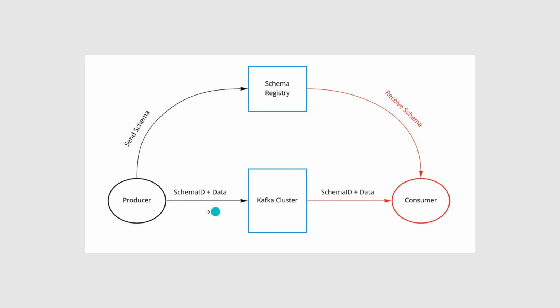We could just continue on to this process of sending the schema ID and the data to the topic, and then the consumer will just try to destructure it based on the ID that's already in the schema registry. Now, if it's a new type of message, say for instance we change from a JSON to a string, well, that's a completely different type of message. So now we have to go in, send the schema again, get a new ID, send the ID with a cluster. The consumer's gonna be like, hold up, this is different. Let's go back to the registry.